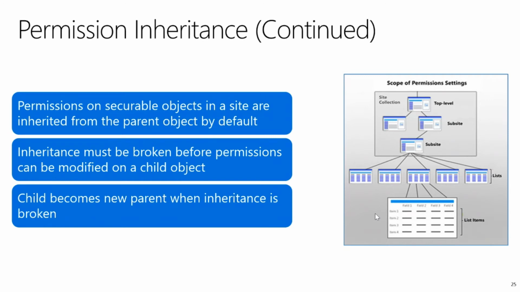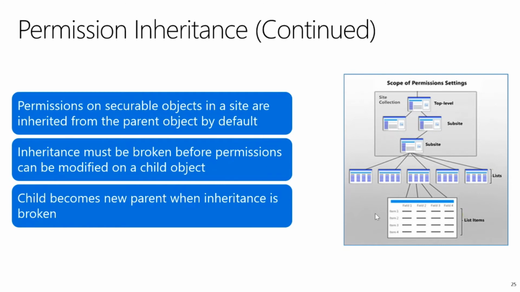So what would we do in this scenario? We would break permission inheritance on the folder. We will add those users either individually, or maybe create a group of those users and add that group to that folder with the contribute permission level. So now any file that gets created within this folder,